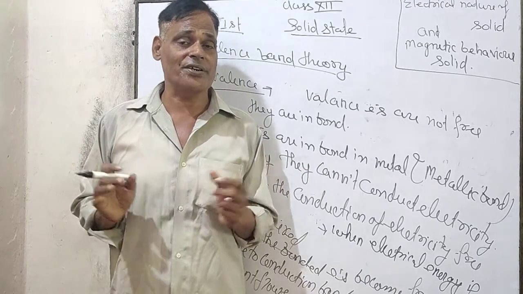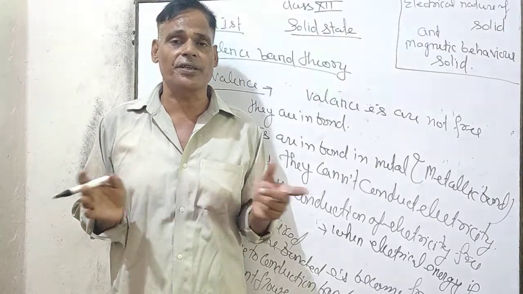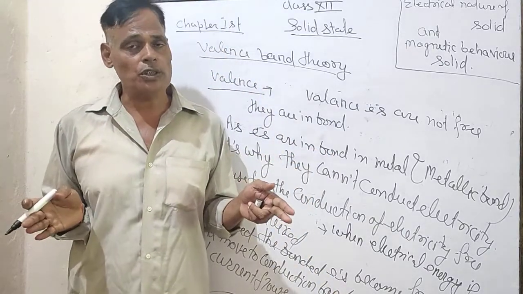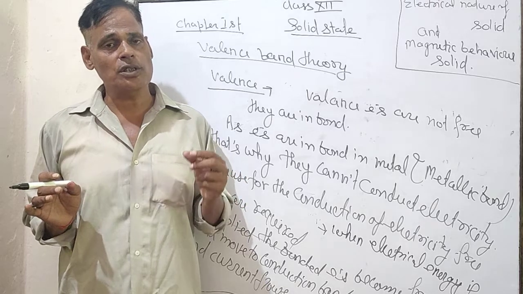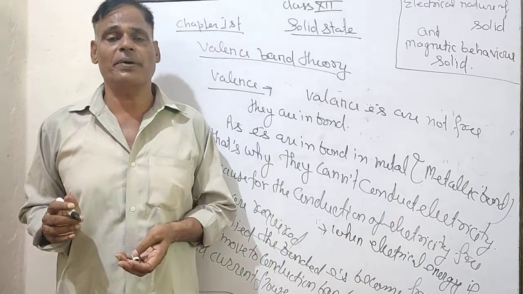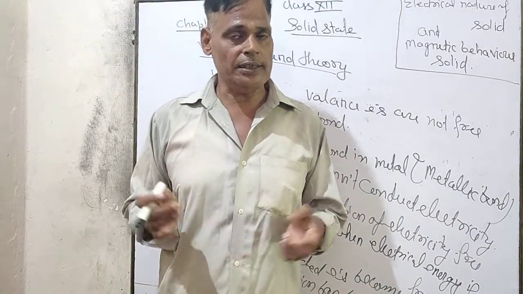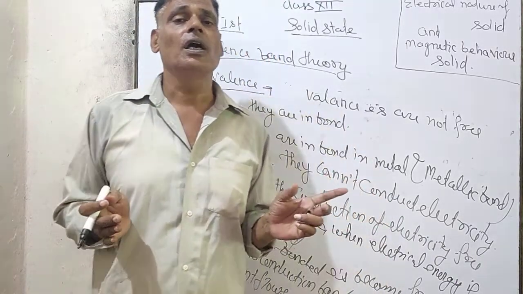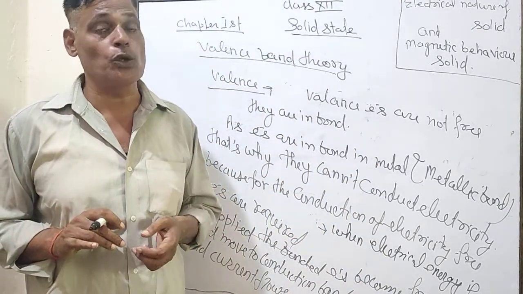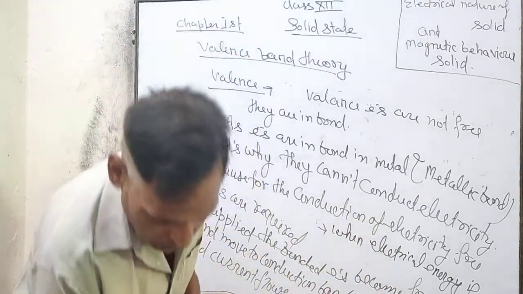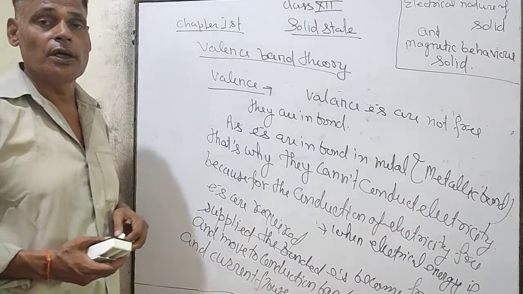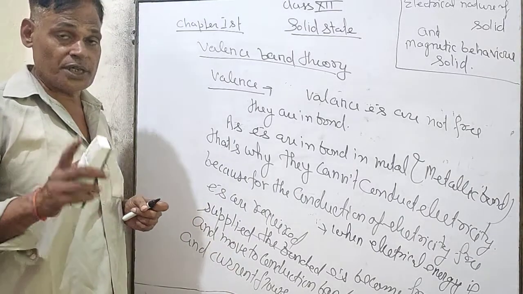For the conduction of electricity, electrons must be free. And if we establish a potential difference across the solid, then what happens? The electrons are liberated from the valence band and move to where? They move to the conduction band, and current starts flowing. And the power of current depends upon the power of the potential difference, that you have studied in physics in Ohm's law. Now here, we are to discuss this valence band theory